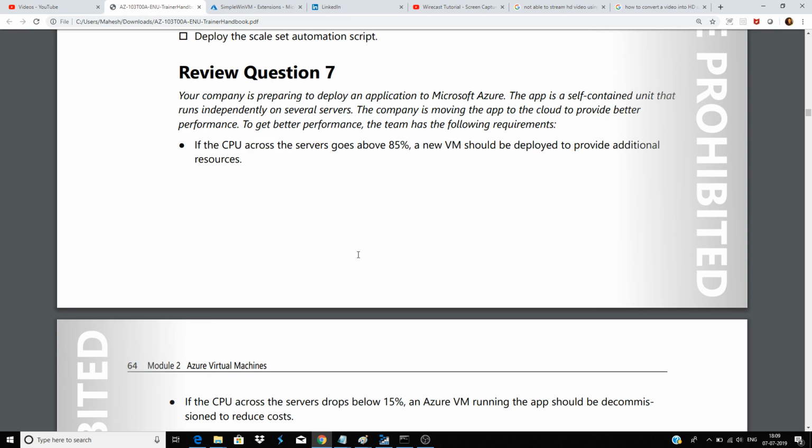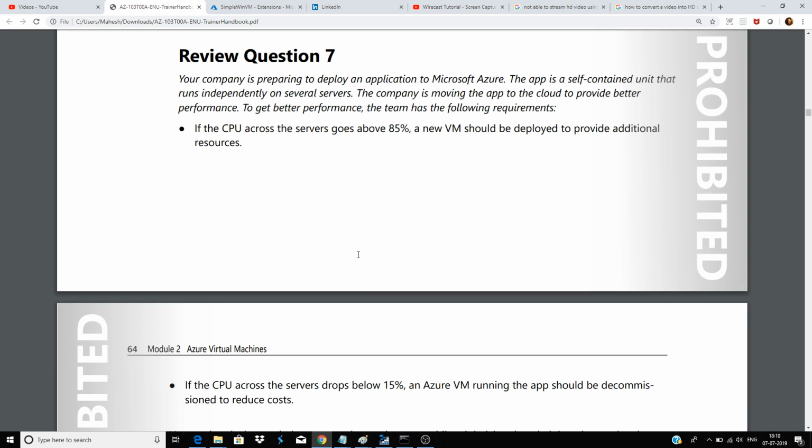And the application is self-contained that runs independently on several servers. So it is not just on one server that the application is running. It is running by using multiple servers. Company is moving that app to the cloud for better performance. These are the requirements. If the CPU across the server goes above 85%, a new VM should be deployed to provide additional resources. Based upon this condition only, I can define that this application should go to a scale set,